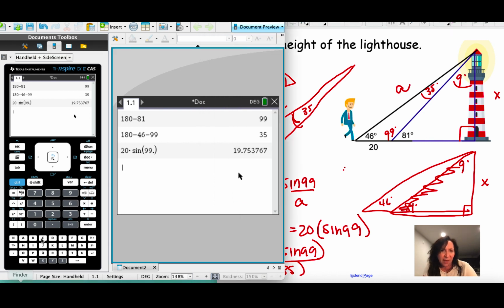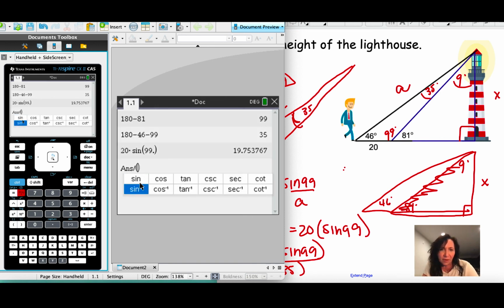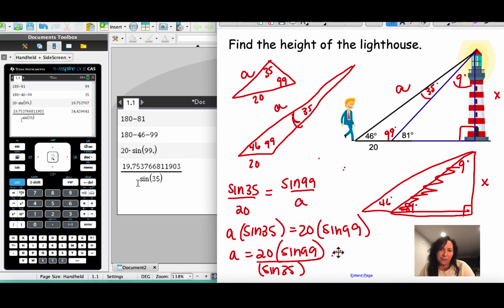So I'm going to take this value, and hit the divide button. It automatically pulls up my answer. I'm going to go parenthesis, and I'm going to say sine of, what's that angle? 35. So 35, and hit enter. I get 34.4. And so therefore, my little a is about 34.4. So I'm going to put that back up here. Now I know that this is